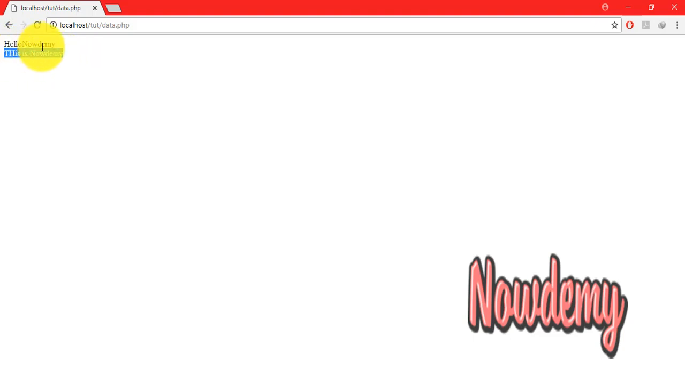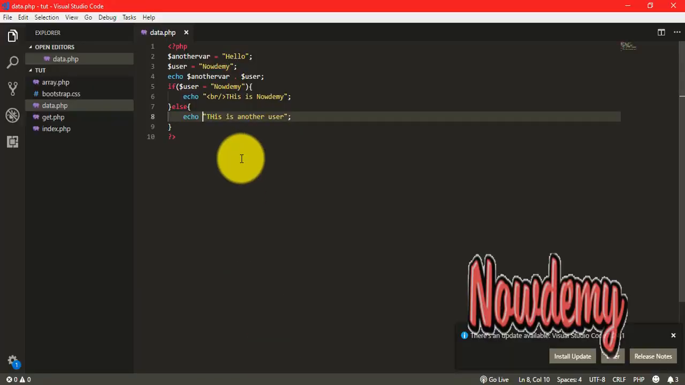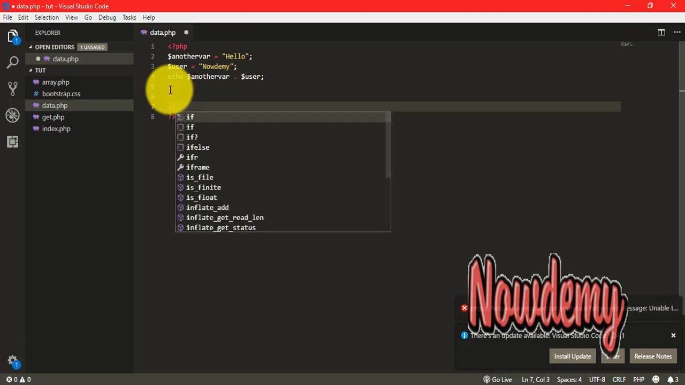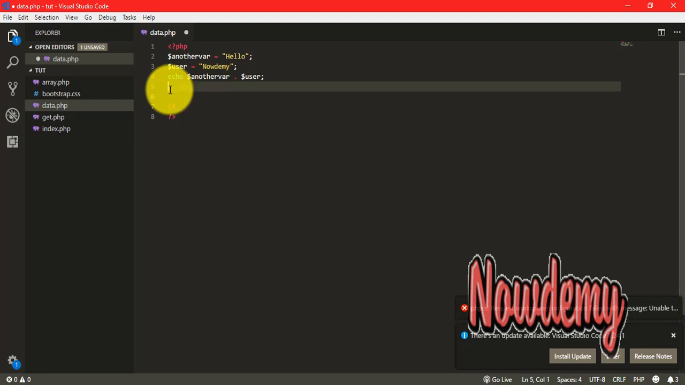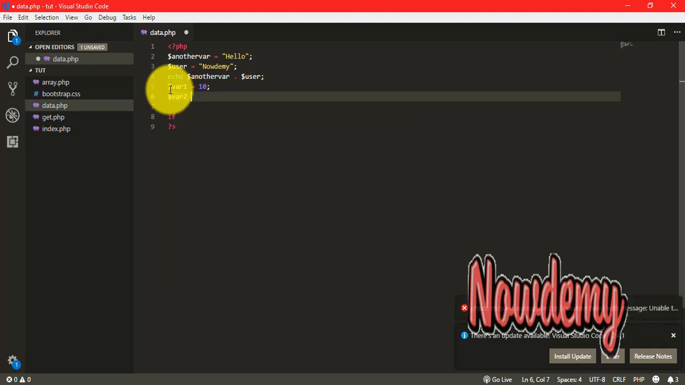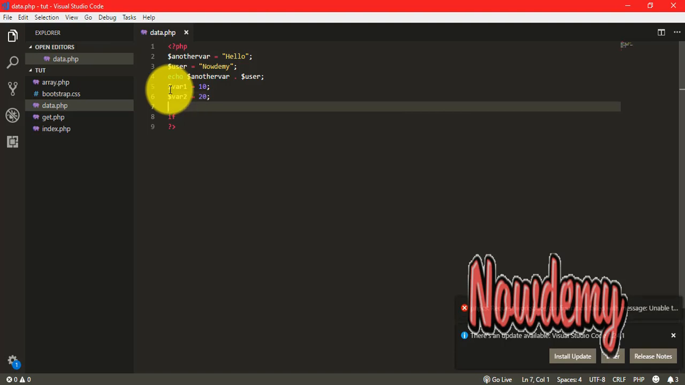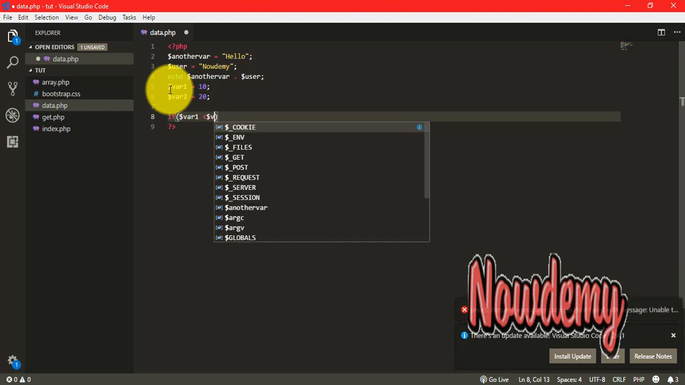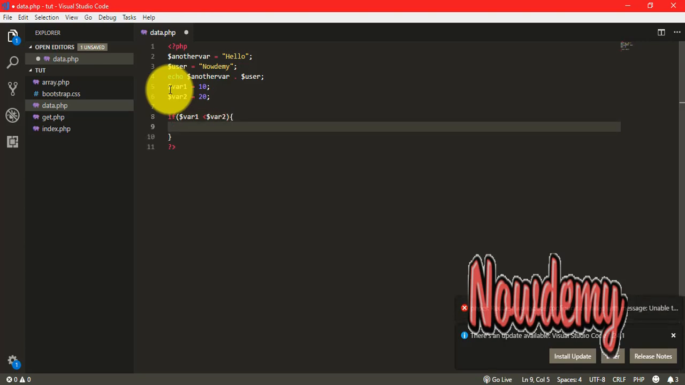According to the if statement, if this variable is found, NOWDEMY is found, then it will say this is NOWDEMY. Otherwise, it will say another user. So another example of if statement can be like, I can create two variables here, var1 equals to 10 and var2 equals to 20, and I will compare both of these. If var1 is less than var2, then echo